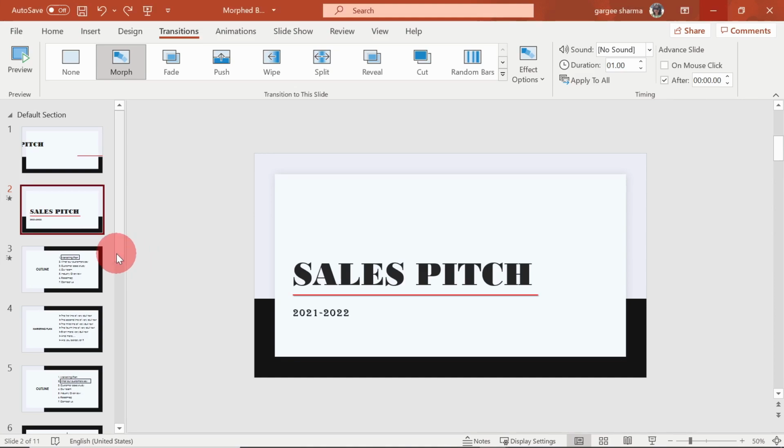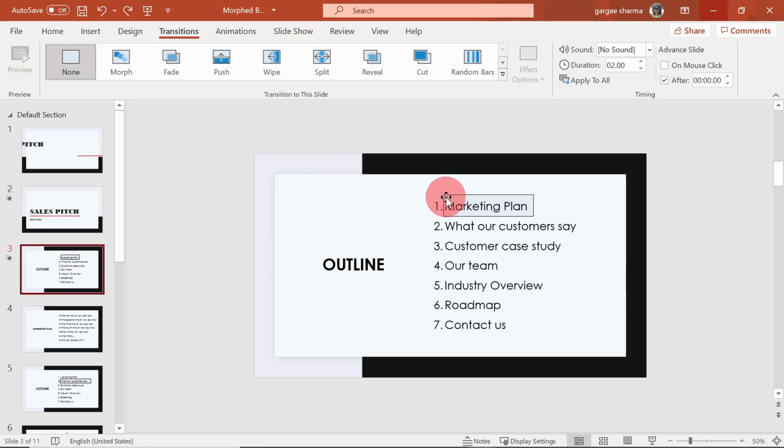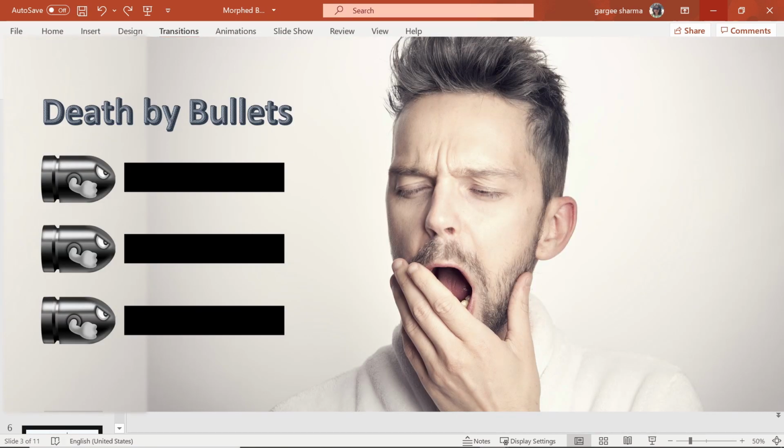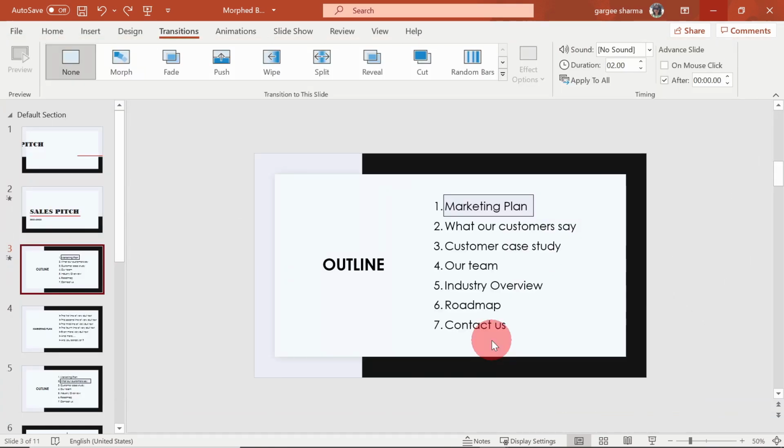presentation. Now let's go to the next slide and remove these boring bullets. I guess you have heard the phrase death by PowerPoint bullets, but we all tend to use it a lot as they are simpler and easy to organize what you want to communicate. But let me show you a quick way to make these bullets look more lively.